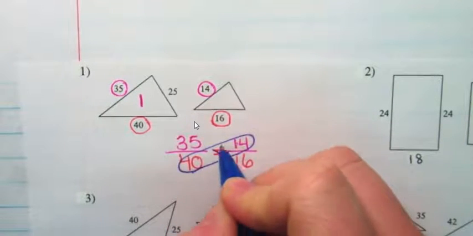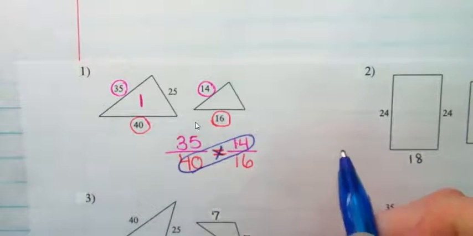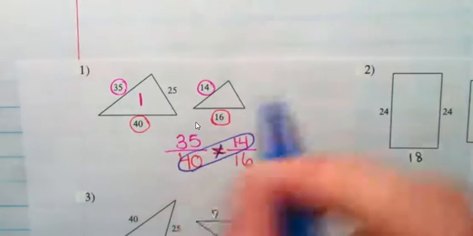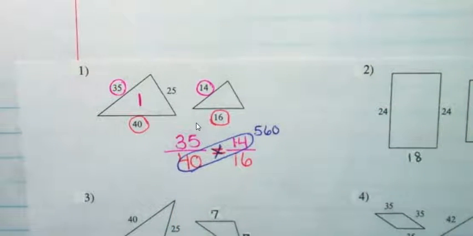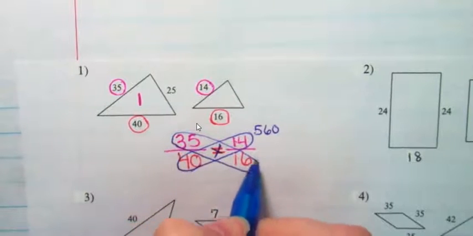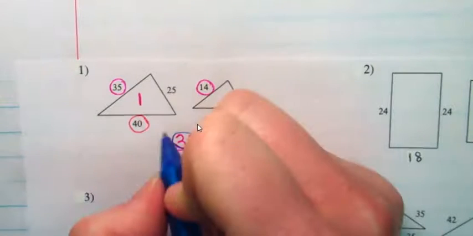So I'm going to multiply. I'm going to do 40 times 14, and you can use a calculator, so if you need to pause and go get one, please do. But I see that 40 times 14 is 560. I then also need to cross multiply here. I need to do 35 times 16, which is also equal to